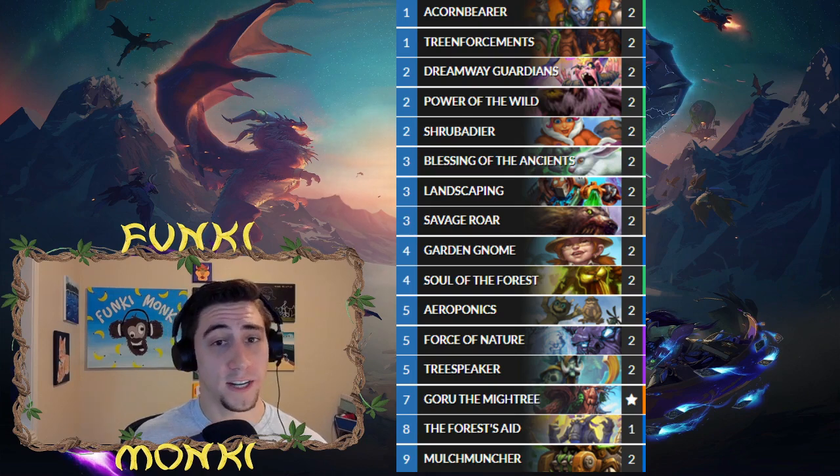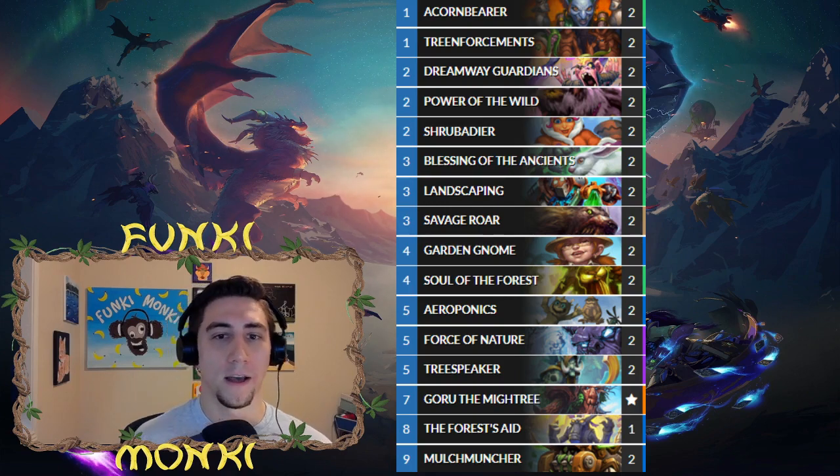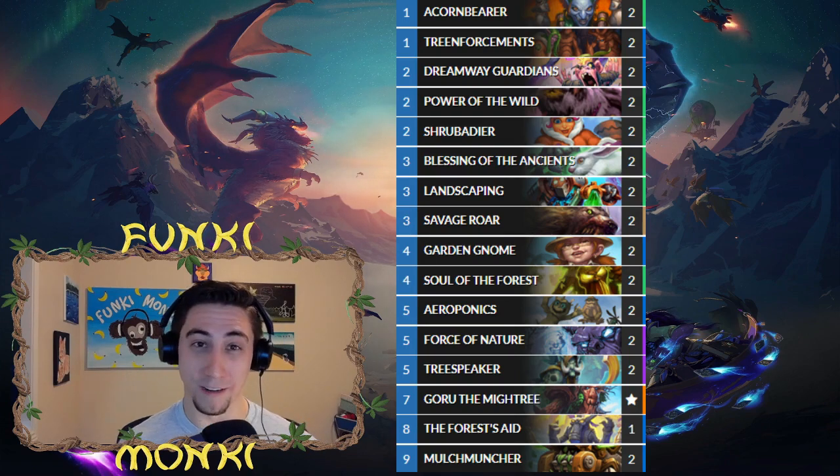The early game is just going to consist of filling up the board like a natural token Druid does with Acorn Bearer, Dreamway Guardians, Shrubadier, Landscaping, etc. Then you want to buff them up just to establish some early board control. Through the mid game, if your Treants stick around, you can go ahead and transform them all into 5/5 Ancients